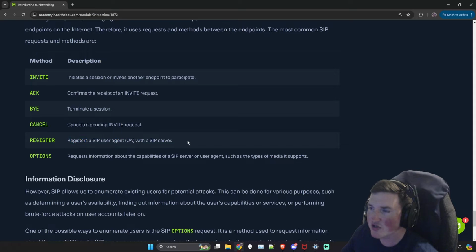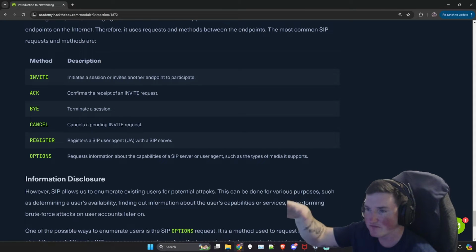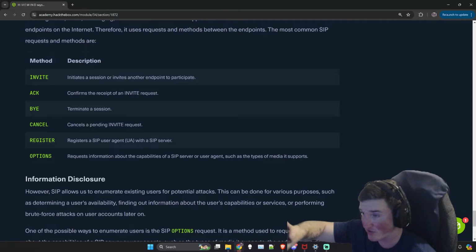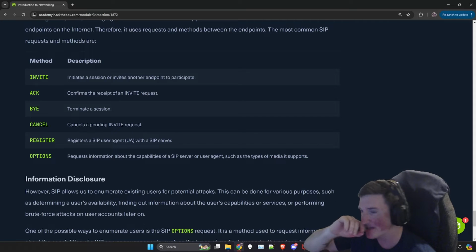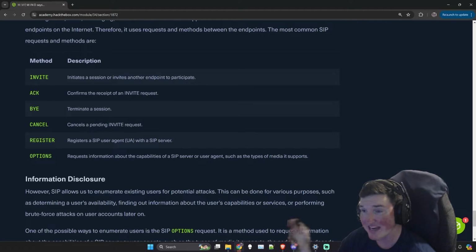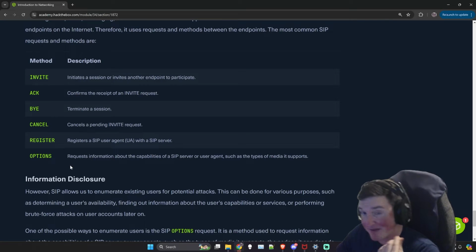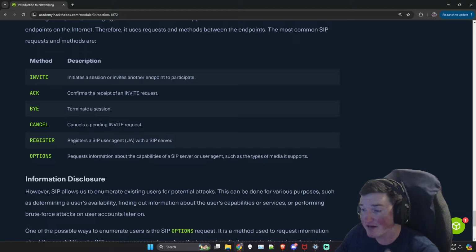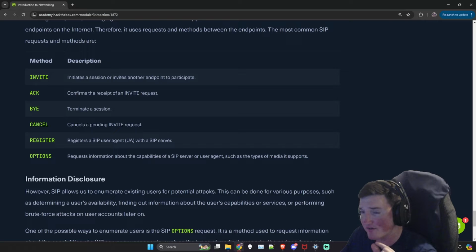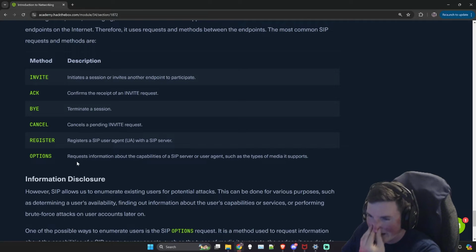You register a new SIP user agent. Okay, what that means is like I logged in, maybe I'm using the web browser, and I say, hey, I want to invite somebody. You need to register what you're using, your user agent, which would be your browser in this sense, to the server so it knows who you are, right? Because it may not want certain things. Like for instance, if your default user agent at your company is Chrome, but you're trying to register with Firefox, it may say you don't work for us, right? It's a very small security feature because you can just change the user agent, but it's something, right?